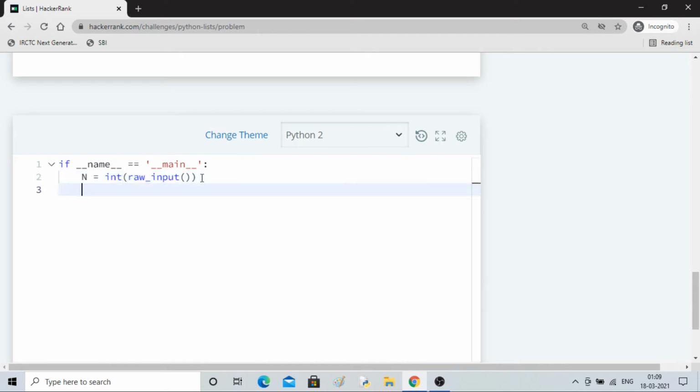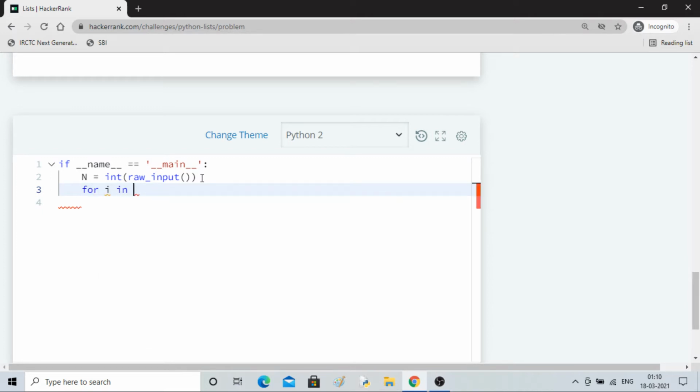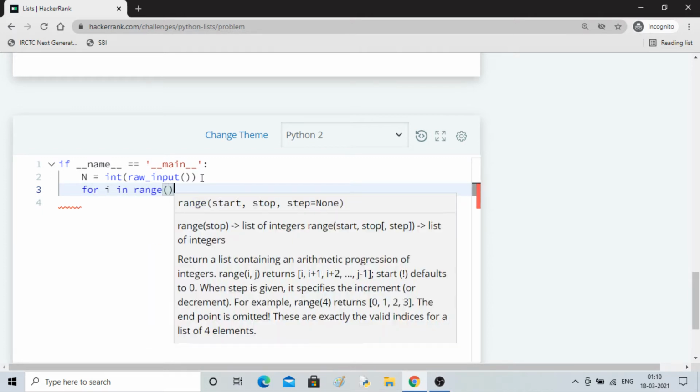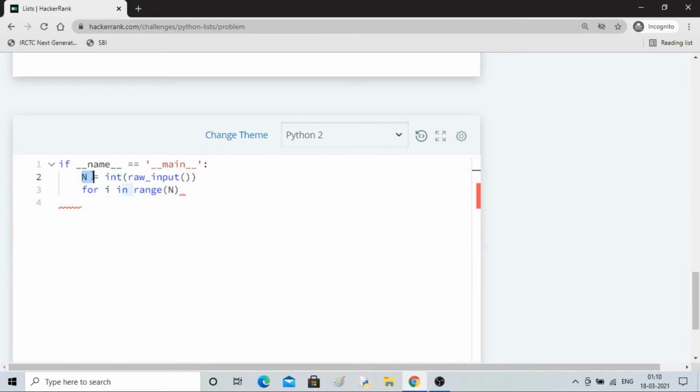Okay, so what I'll do is I'll first see how the input will come. First, what is the use of n? So for i in range 0 to n, we can put n. So that's the use of this value n. Even if we don't put any variable, an underscore is fine, because we won't be using that. And then we will have to see the inputs.